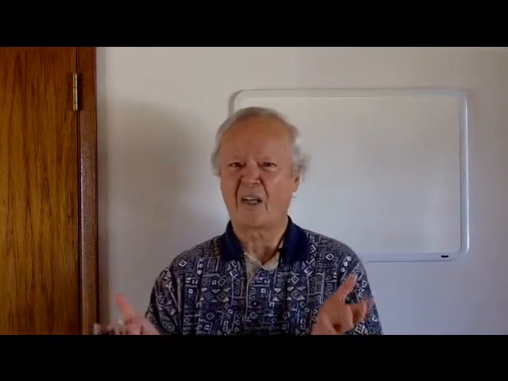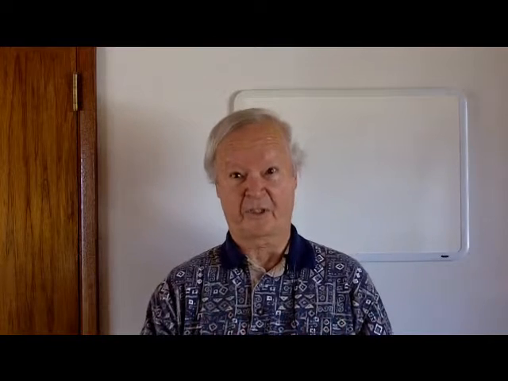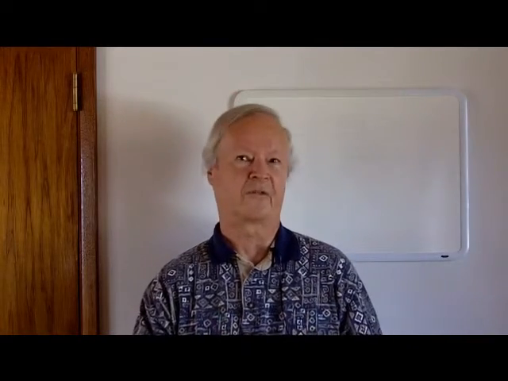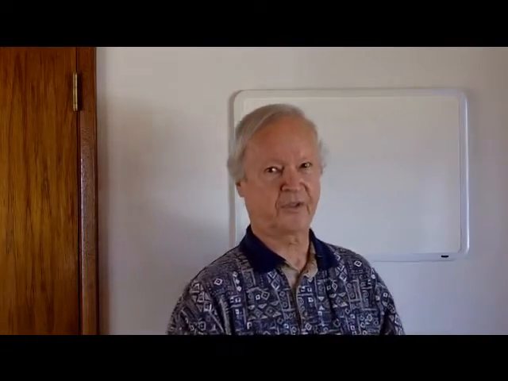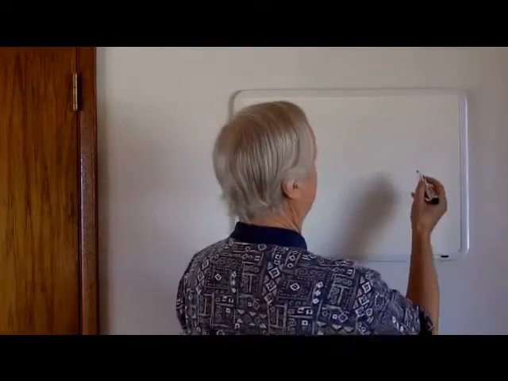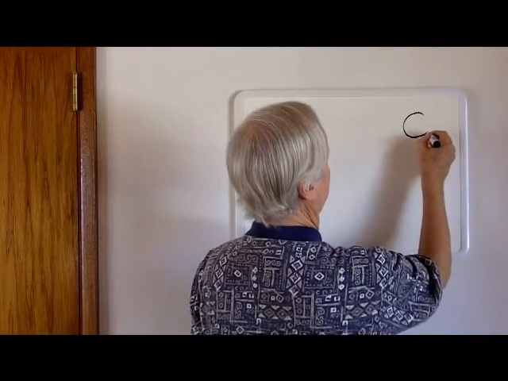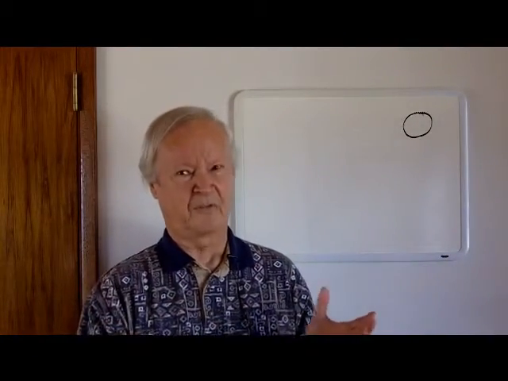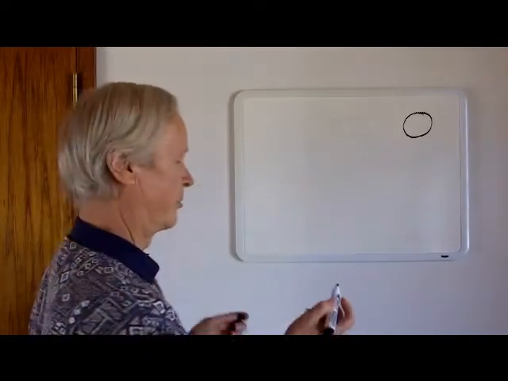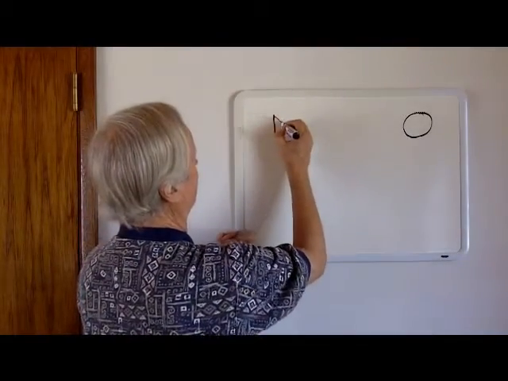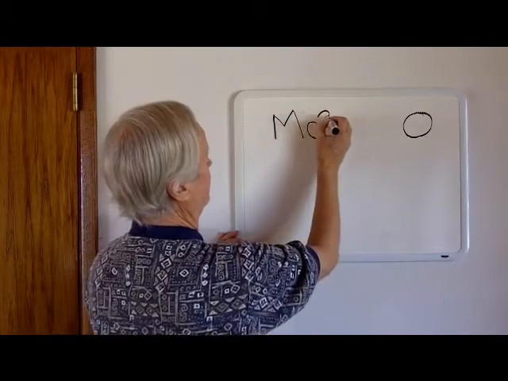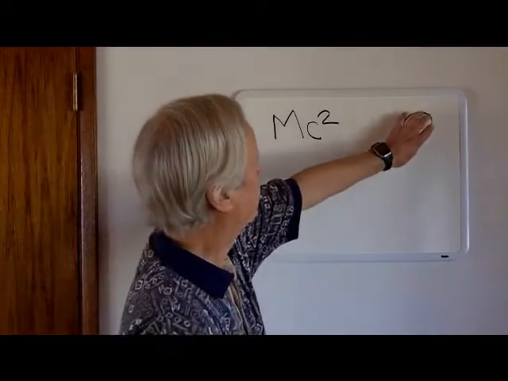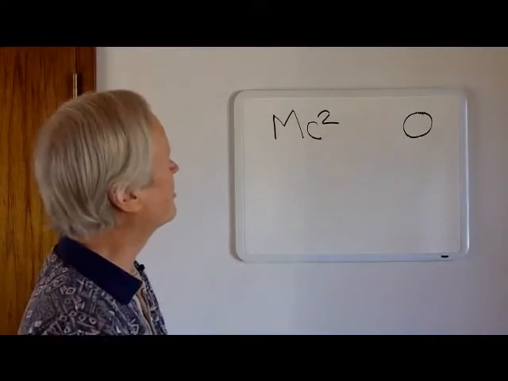But how do you get something from nothing? Doesn't physics tell us that you can't create something from nothing, that it violates the law of conservation of energy? So let's consider that for a moment. Let's say nothing mathematically is zero, and that the matter in the universe, the stuff we see, we can represent by mc squared, Einstein's famous equation. But how do you go from zero to that? The laws don't allow that.